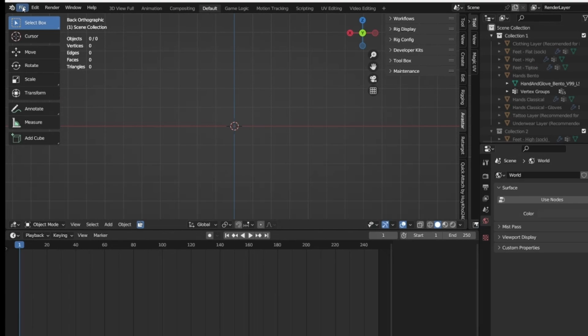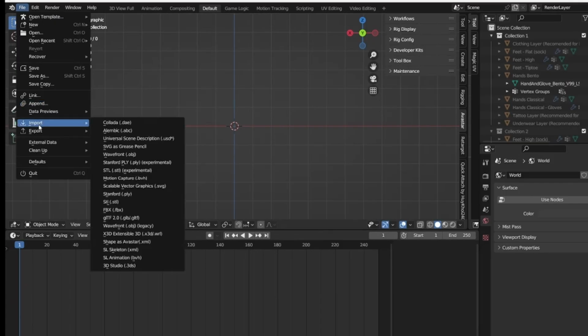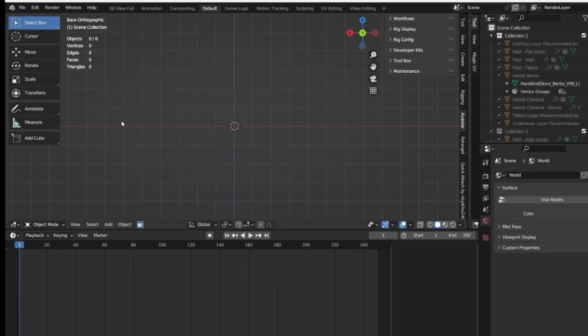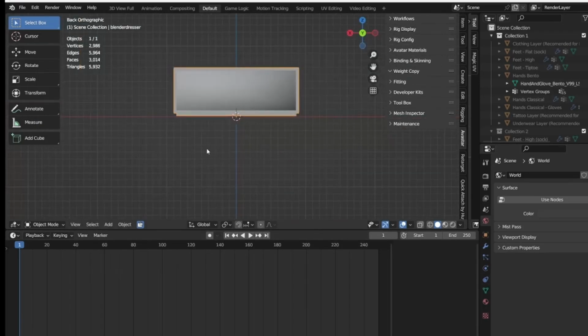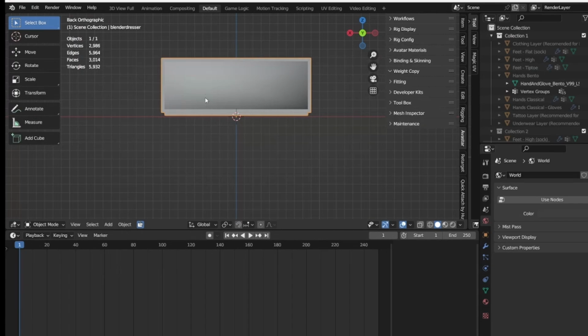So what I'm going to do is go to the file menu, import, and actually the object that I got is an OBJ. It's not a DAE file. So I'm going to find it, and I have a little folder here, and I'm going to import it. A couple of things real quick: it's really big,